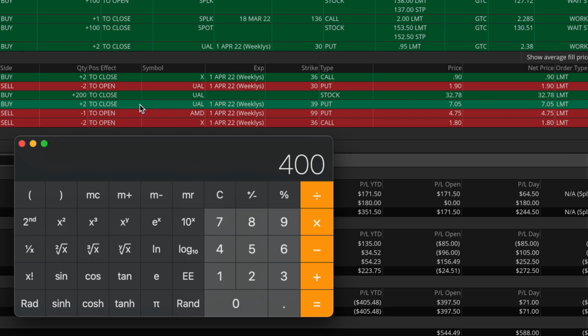And then today here, as you can see, I bought both of them back for a debit of $705 each. So once again, times 2, that's a total debit of $1,410. So I subtract from here $1,410. And therefore, if I had no defense on this trade, I would have lost over $1,000. Ouch. But again, like I explained, once UAL fell below my 39 put strike, I shorted 200 shares of the